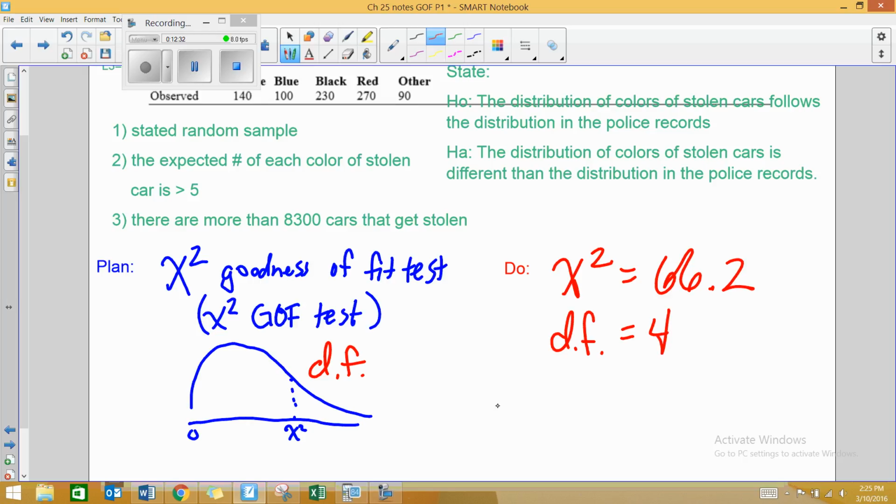So what I'm going to do is chi-squared CDF to determine the area under this chi-square distribution, and that will be my p-value. And so just real quick, this is the probability of getting a chi-square value greater than or equal to 66.2. So